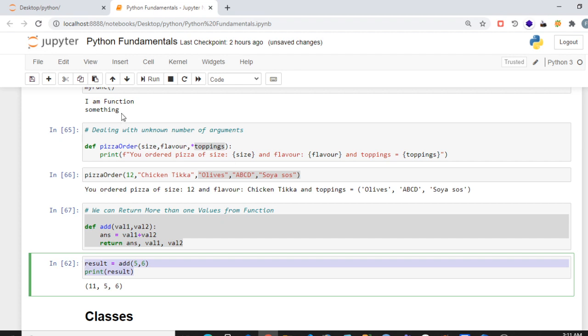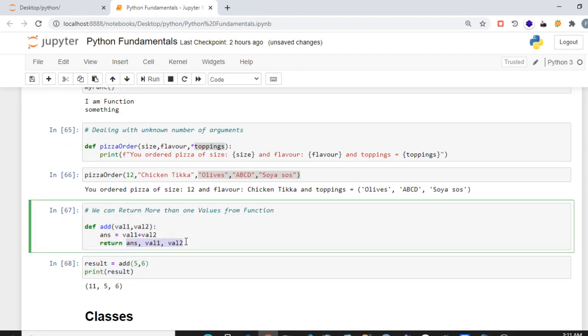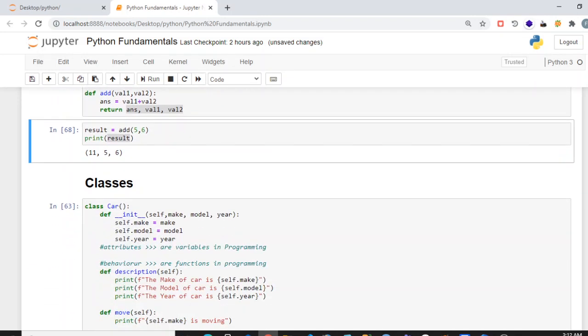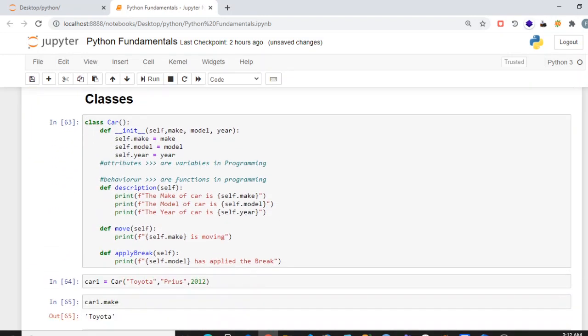And here we call it, so basically it returns three values as a tuple. So I have stored these values in a variable result, and I have printed the result variable. You can see it has returned all the three values: 5 plus 6, 11, then 5, 6, the original values, as a tuple. So as a tuple, we can return multiple values from a function.